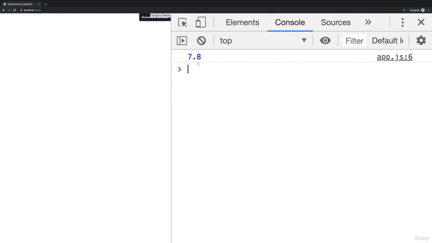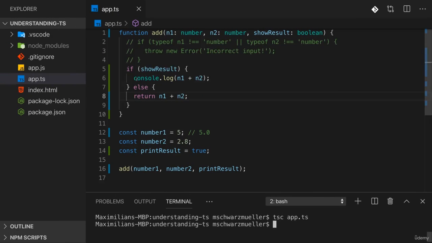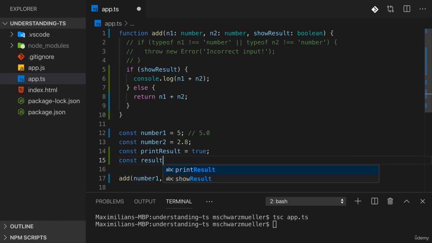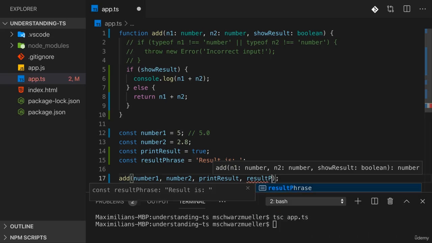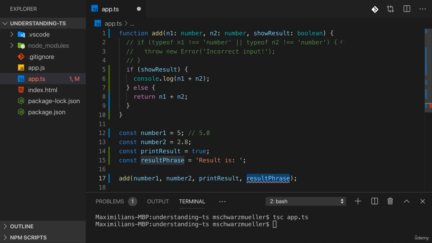once this is done, the page will reload and we still see our output here, but now it's coming from line 6. And if we have a look, line 6 is indeed inside the function. So this is a Boolean. Now let's say we want to customize the output, and therefore we have a result phrase constant here where we say result is colon and then some white space, and we pass that in as well with result phrase here,